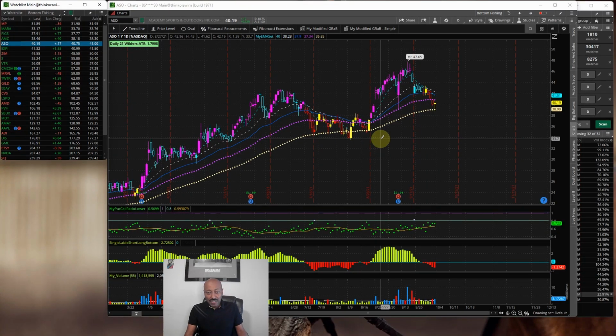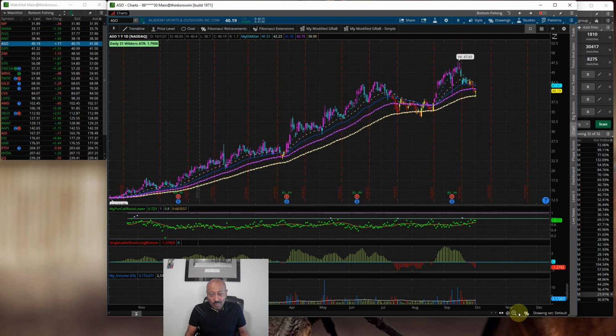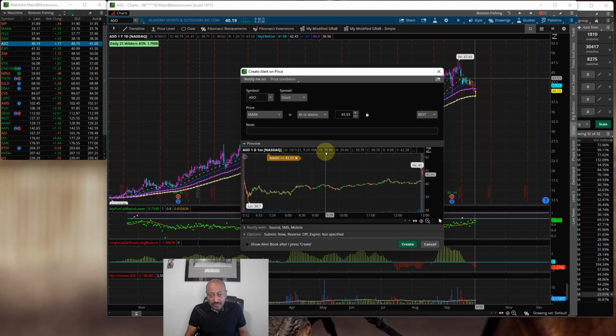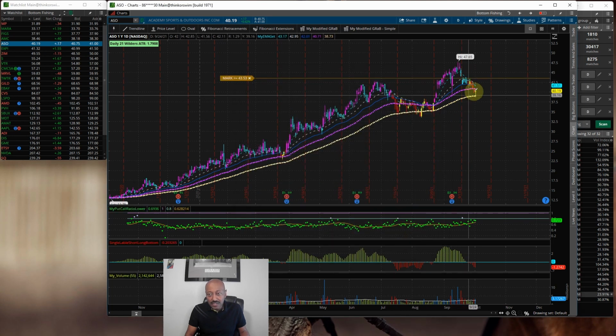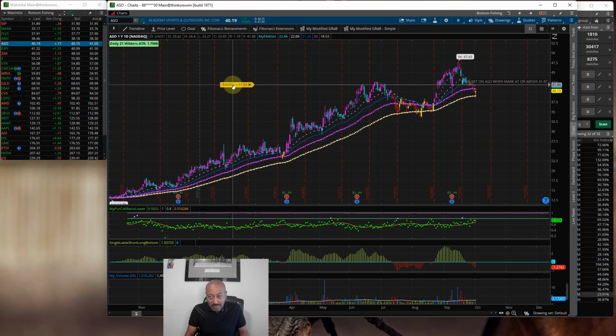This one I like, right? Like, as you can see, moving averages are stacked. Price has a nice pullback. I might even say, hey, based on this nice pullback, right, price has really been going up and up and up, and has a nice pullback, comes to find support at a nice moving average. So maybe I'll say, okay, give me an alert when price crosses here. Give me an alert here. I'll be interested in. I might, sometimes what I do is I do even that alert a little bit lower,